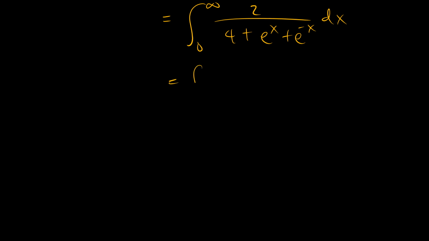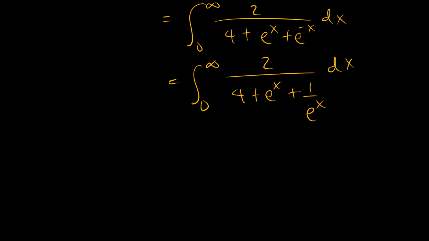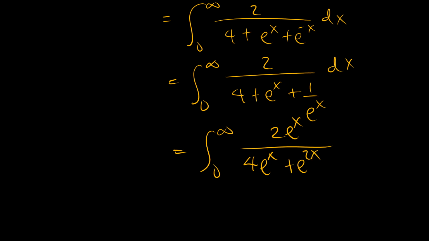I could also rewrite this as 4 plus e to the power x plus 1 over e to the power x dx, so that I could summarize it in such a way that this is 4 e to the power x over e to the power 2x plus 1, like that. Now, if we have our problem as shown here,